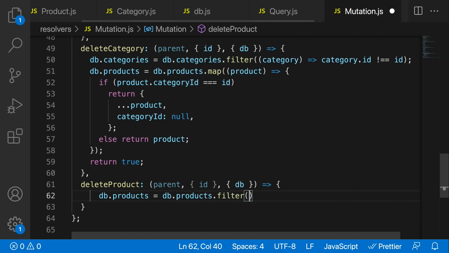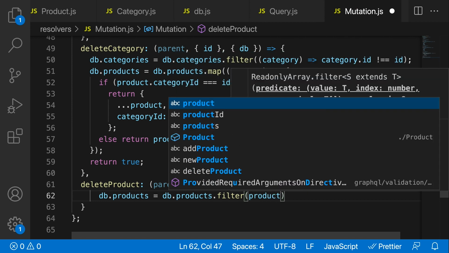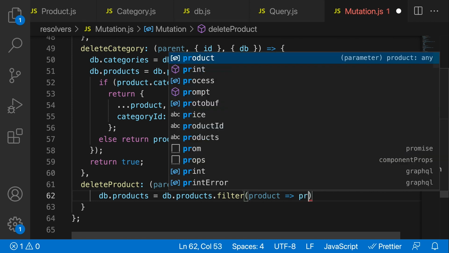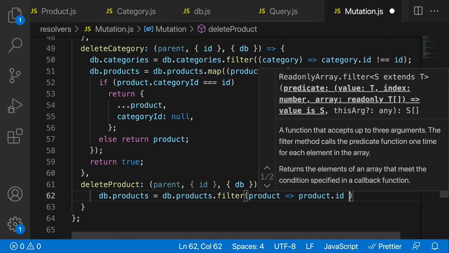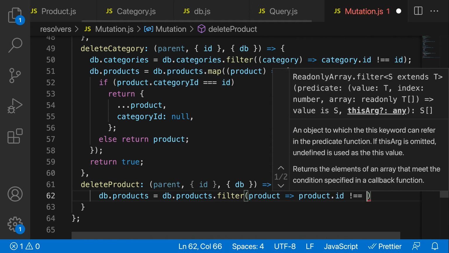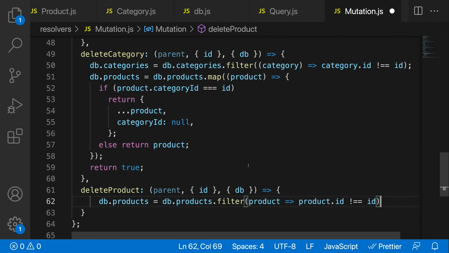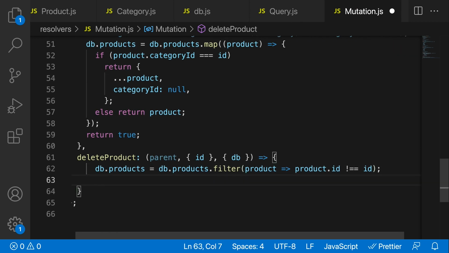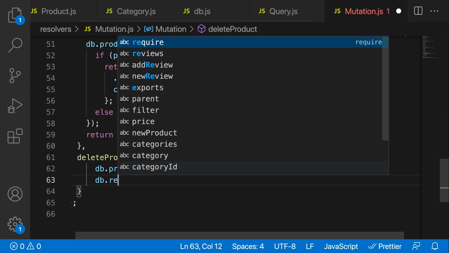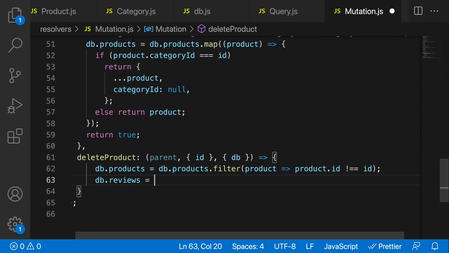db.products.filter, and we're going to filter for each product that doesn't match that ID. So we're going to say where the product ID is not equal to the ID in our args. Really simple thing to do here. And now what we want to do is, of course, cascade that deletion inside of the reviews. So very similarly here, we can just do db.reviews is equal to